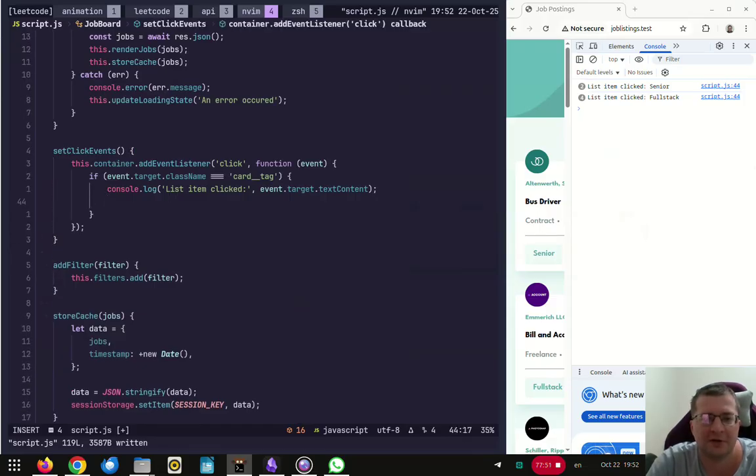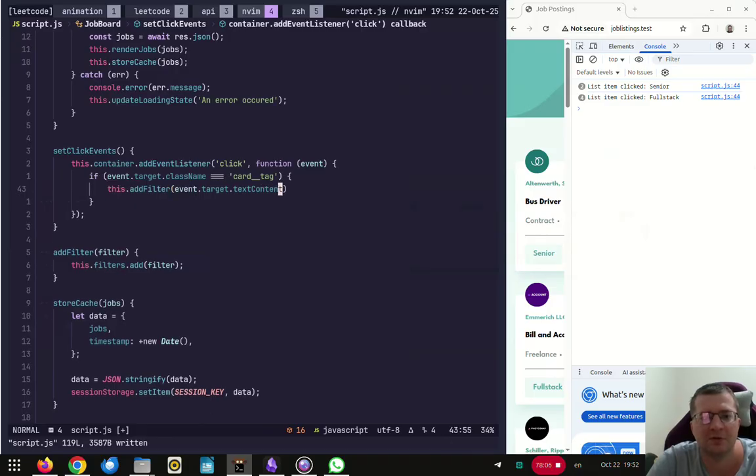While this is all cool, it should be this add filter. Put this bad boy in here. In this case it works because that's the same content, but that's fine. Anyway, I click, it's going to put it in there, but it's useless because it's not going to be displayed on the UI. So we need the logic that would actually output